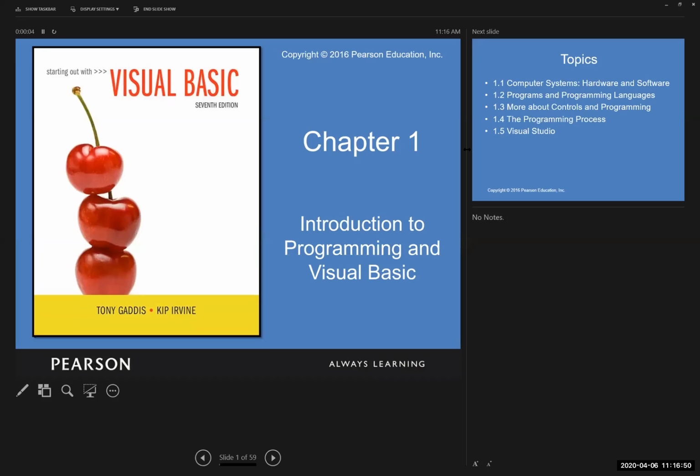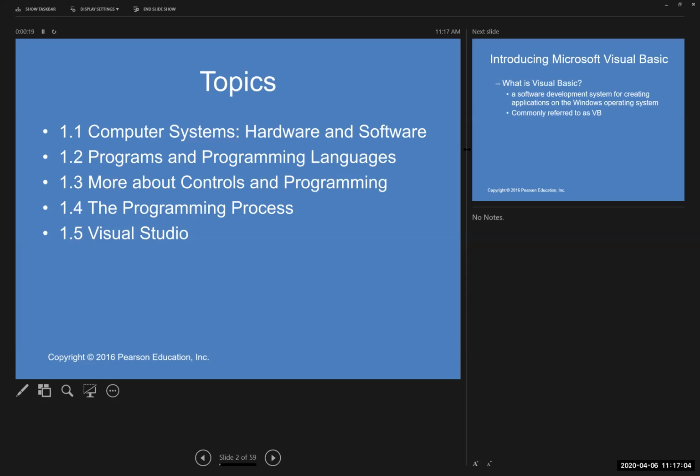We're going to start with Visual Basic today, chapter 1 of Visual Basic, and chapter 1 is for the large part a review of what we did in Technology in Action. All right. So we're going to talk a little bit about computer hardware and software. We're going to talk about programming languages in section 2. We're going to talk about